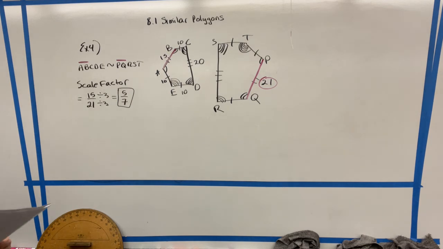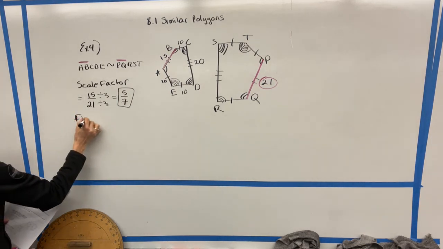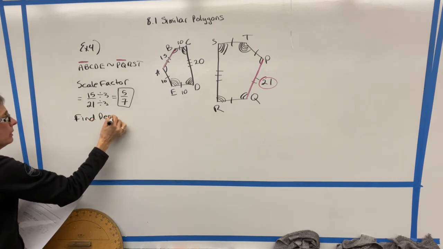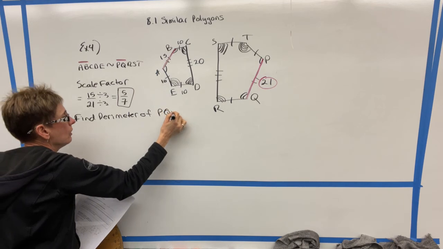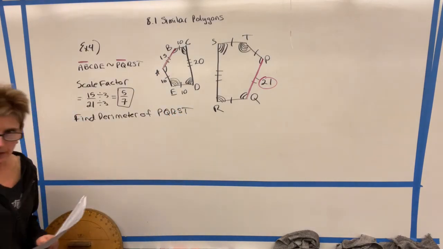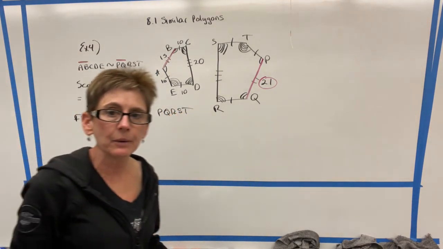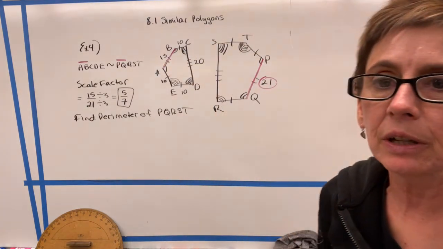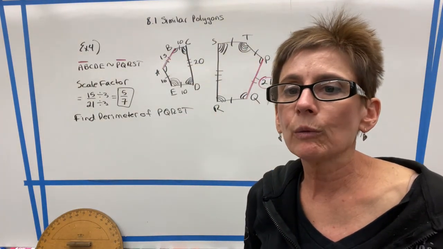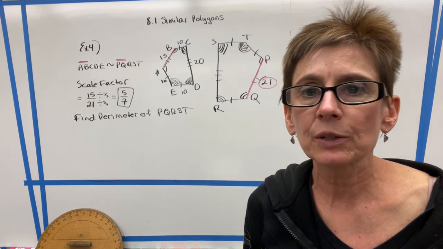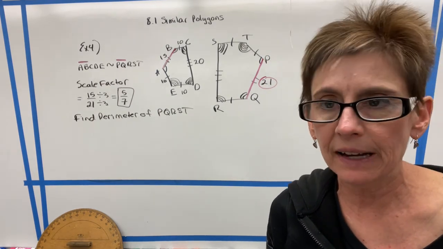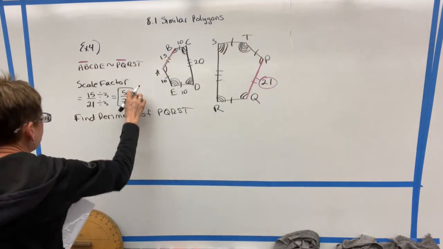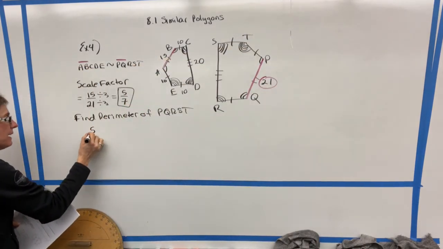Now, the second point says to find the perimeter of PQRST. Now, one of the theorems that we bring up in this section of the book is that the ratio of the perimeters is going to be exactly the same as the ratio of the sides. So the ratio of the sides is 5/7,